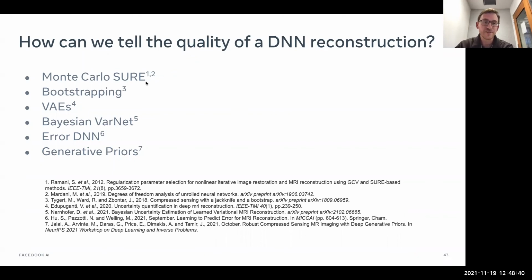For our particular case, first of all, we need to evaluate error metrics for our model, which is the variational network. We didn't really have any Bayesian mechanisms to work with there. We also wanted to be able to estimate metrics with a very simple procedure, without making too many assumptions on the structure of the residuals. Because of this, the work I'm presenting mostly expands on this bootstrapping work of Tiger from 2018, where you resample or re-simulate the entire subsampling process.